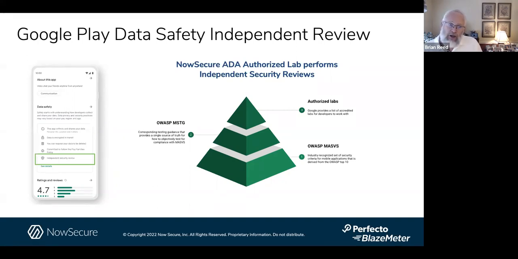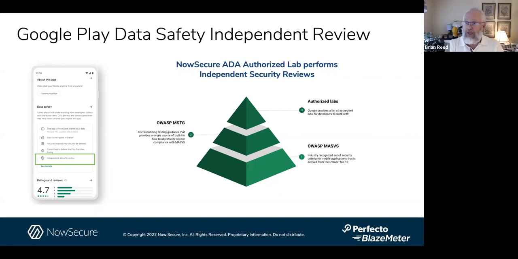And so the ADA organization, the App Defense Alliance, sponsored by Google, has created a specification. The ADA MASA, Mobile Application Security Assessment criteria, is actually built on the industry standard OWASP. Remember, I talked earlier about working with OWASP and choosing OWASP as your security standard for your organization.